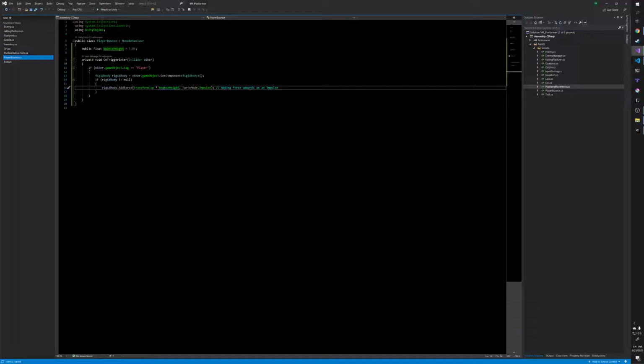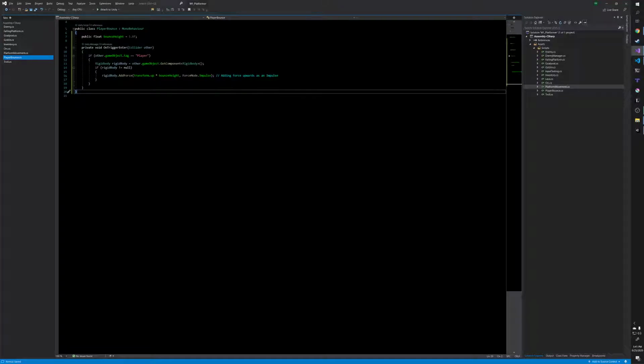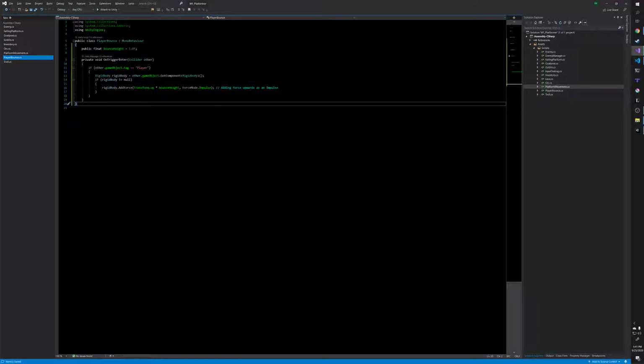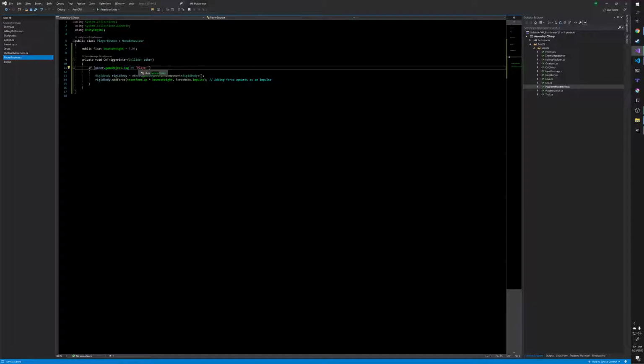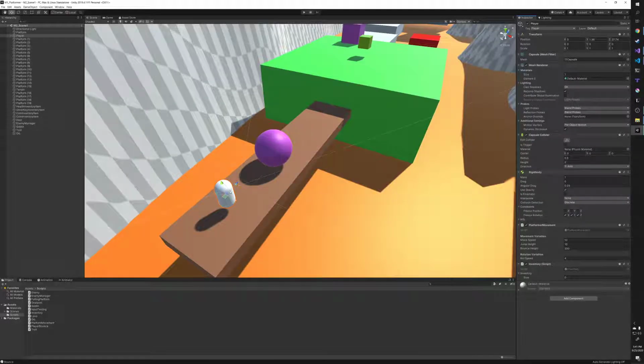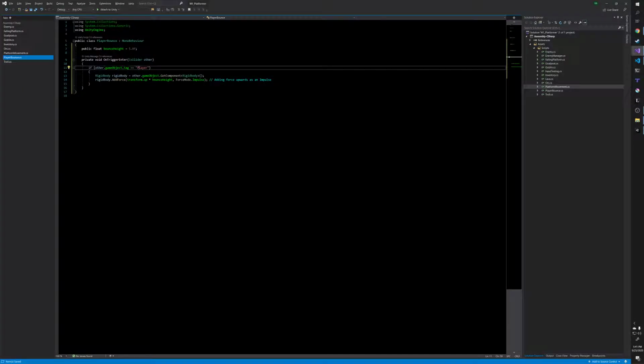And that should be right. So anything that has this script on it will cause the player to bounce. That's the idea. This may just be extra stuff, it doesn't matter, because we know the player has one. In the real world, I would assert for that. But if other.gameObject.tag is equal to player, we've double checked, the player I've clicked on has the player tag, which it didn't before. Then we grab the rigid body for the player,